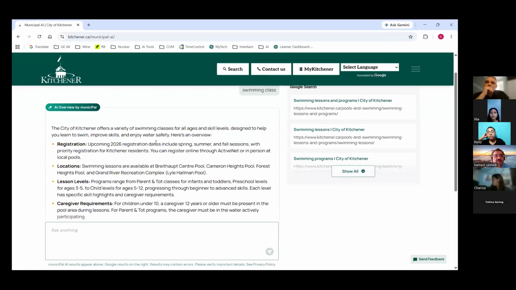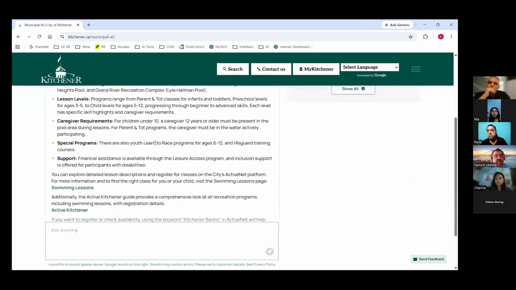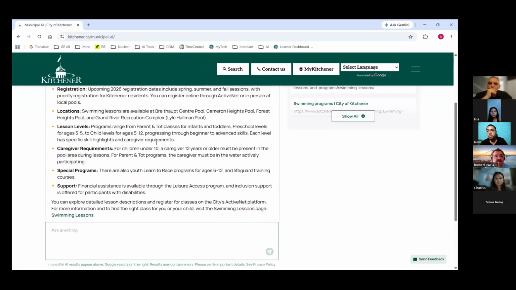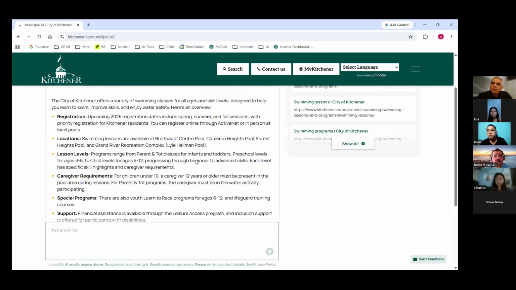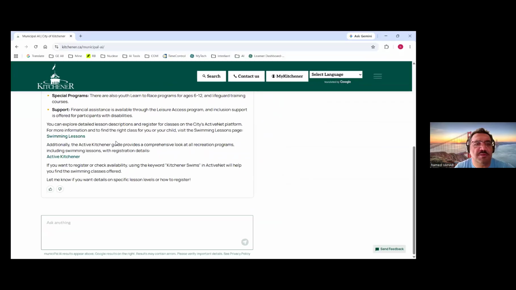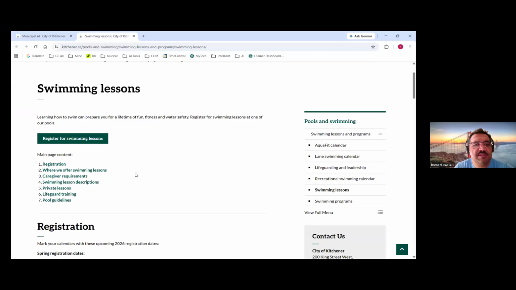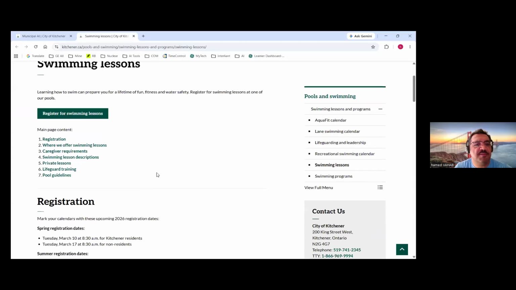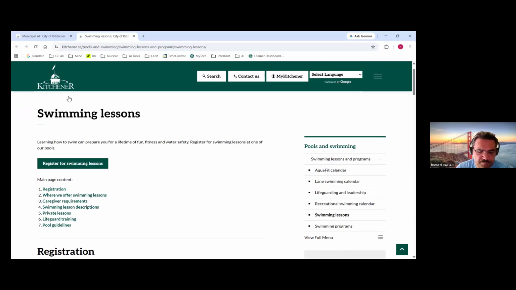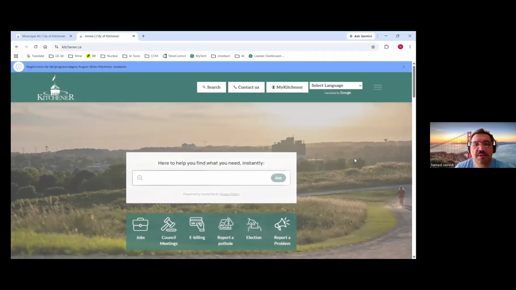And here it gives you whatever you need to know about the swimming classes available, where to find them, how to register, and whatever document you need. So swimming lessons, and then you can register for the class. You can find whatever documents and requirements, everything available here. Like I said, you can either search and find what you need,